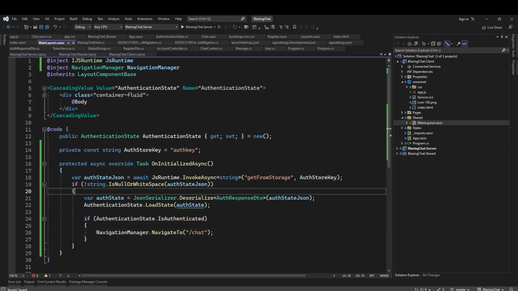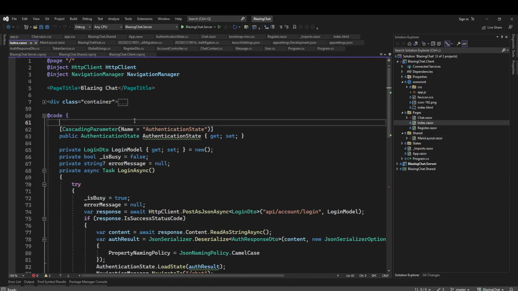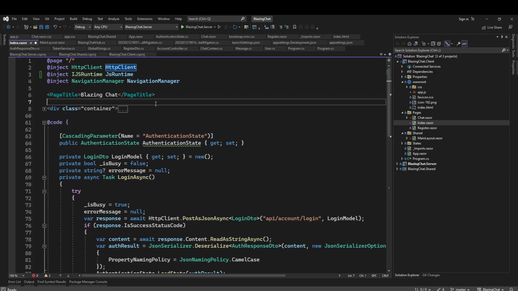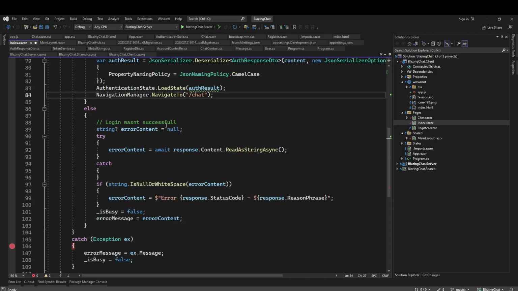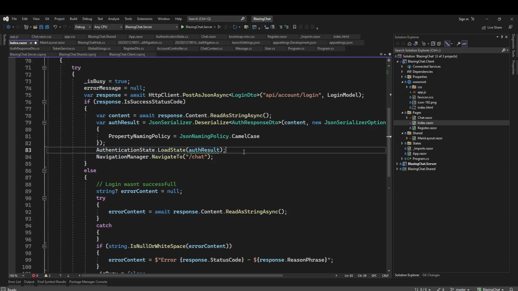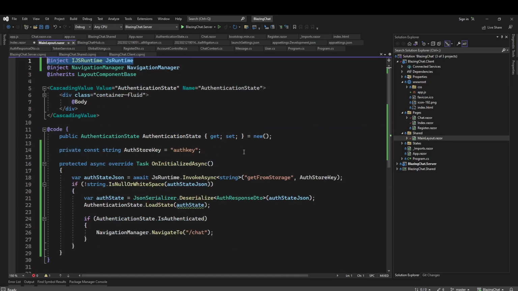Okay, this is getting part. What about setting? So setting this to the storage. It will set whenever we are logging in or registering a user, then it should set the auth response DTO to storage. So let's copy this JS runtime. Let's move to index page, inject this, and when user is logged in, so after this load state, we can